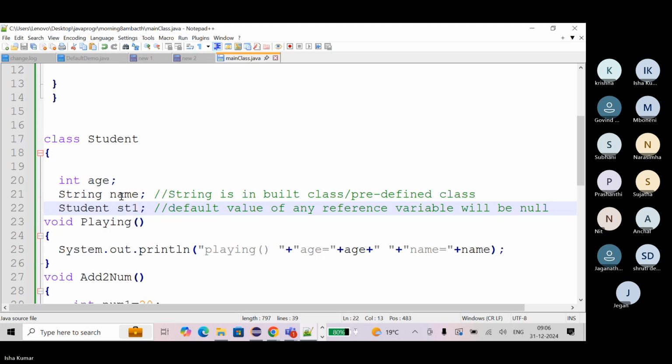Same way, String is also a class, but it is a predefined class. We have not developed it. Java has developed this class. But here Student is a user defined class because I have given the name. But both are classes only. So any variable used with a class is a reference variable or user defined. But what is the difference between a predefined class and a user defined class? This predefined class, the String class, it always